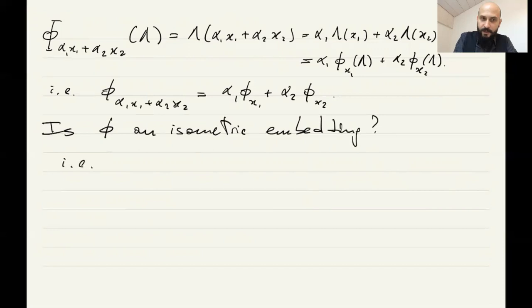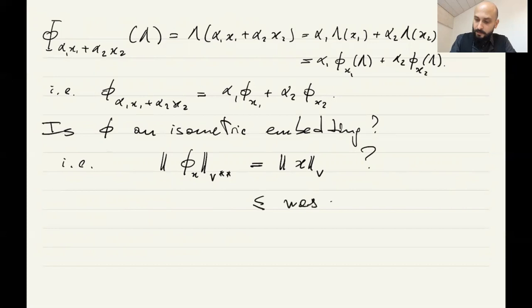That is, is the norm of phi at the image, as an element in V star star, equal to the norm of x in V? Okay, so this was already proved when we proved continuity. Now for the other inequality,